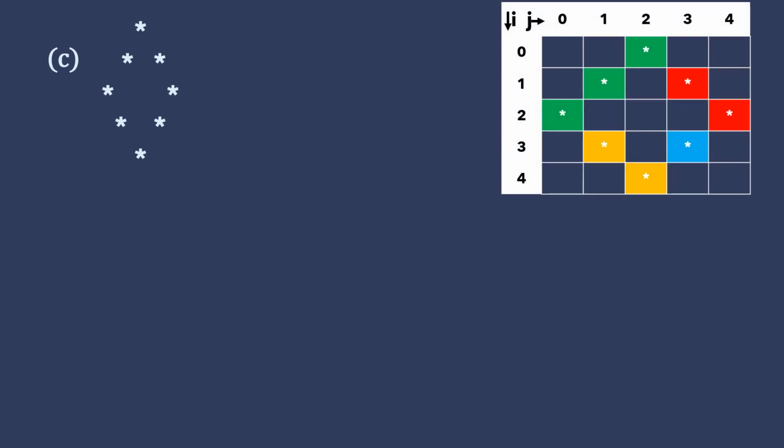Now this pattern we have to do. This is a hollow diamond pattern. Here you can see there are a total of 5 rows, and also a total of 5 columns. In the first column, only the leftmost star is there. In the next column, 2 stars are there. The third column also has 2 stars, the fourth also 2 stars, and the fifth 1 star. Like this we see, it has 5 rows and 5 columns.